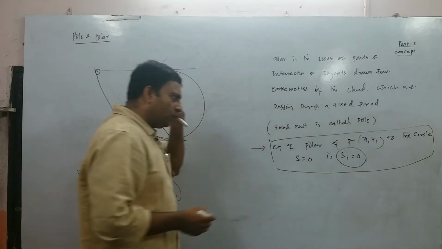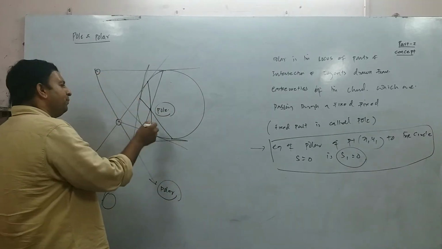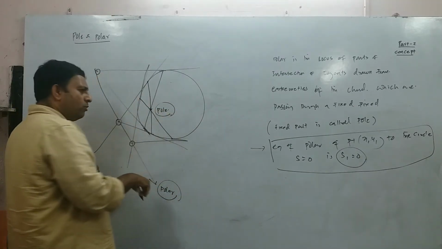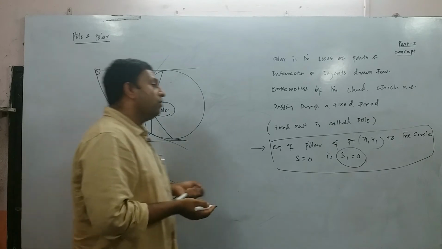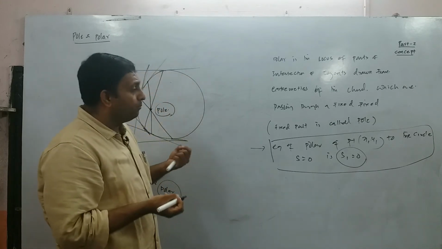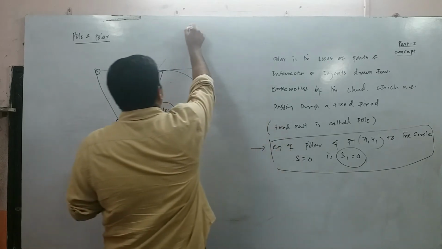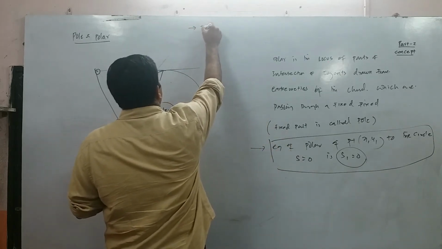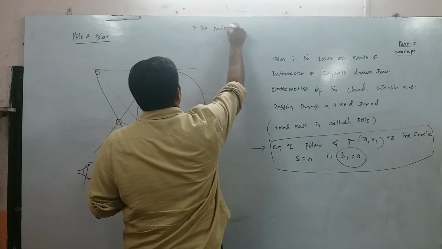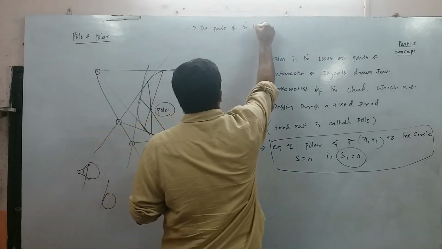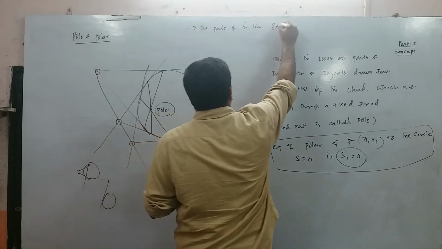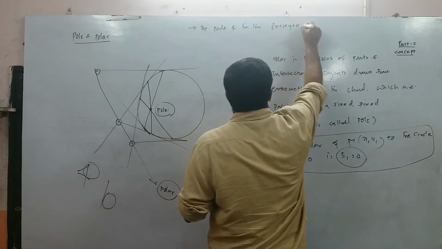Now sir, you might be wondering, when the point, the pole, is given to you, you are able to find the equation of polar. Now how do you find the pole when the polar equation is given to you? There are some standard formulae. I will write the pole of the line lx + my + n = 0